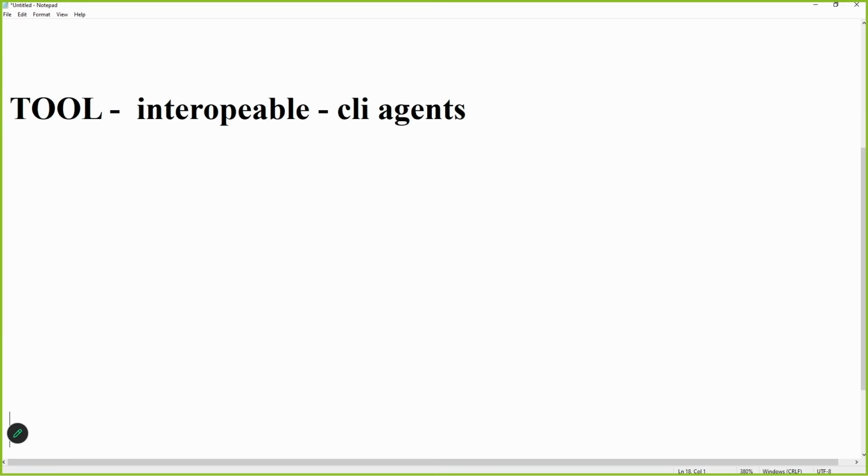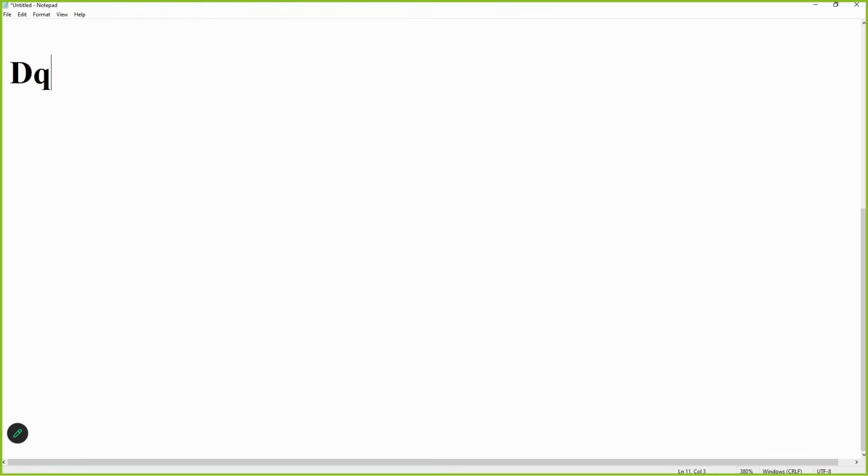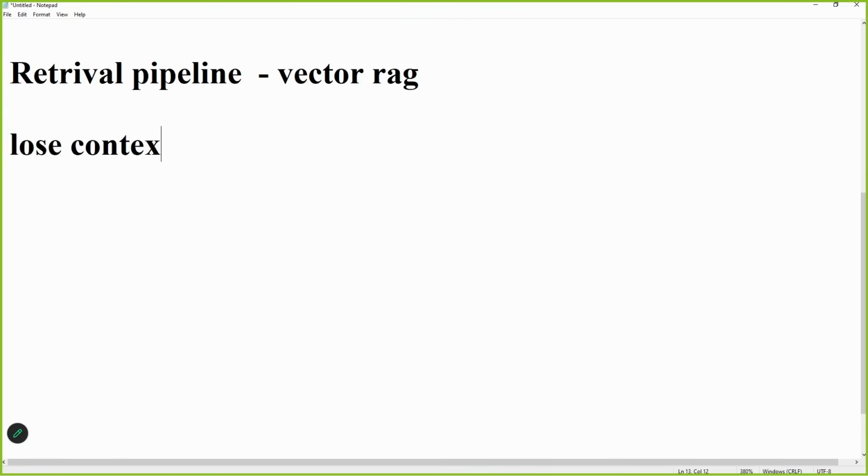Now I'm telling you what was happening earlier. Now I'm summarizing everything we have studied. Please pay attention if you don't know. We are talking about the problem with the retrieval pipeline with respect to vector RAG. When we are using vectors, there is a problem that we lose context. Why do we lose context? Yes, Gaurav, that can be scalable. Yes. We lose context because,